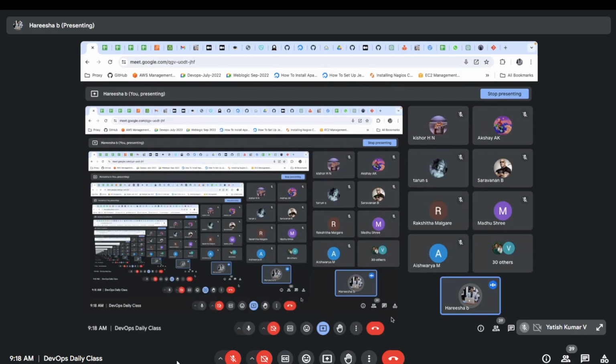A few of the commands won't work because it's a third party tool, right? Because the base operating system is Windows, and on top of it we are installing a third party tool, Git, to work. So a few of the commands won't work, but maximum commands will work. Later we will start creating the AWS account, then we will start the Linux servers. There, whatever the commands